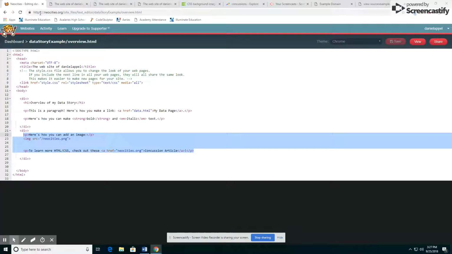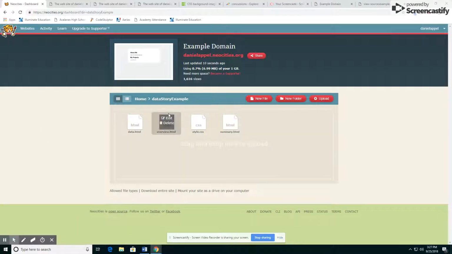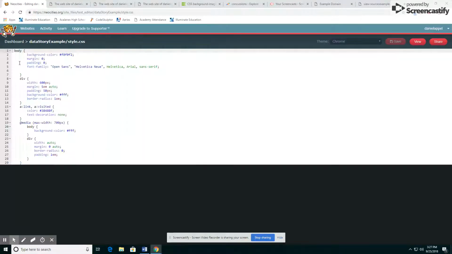Now if I want to change the color, I change that in my style sheet. There's lots of different ways, lots of different colors I can pick. If we go back and look at it, this is for the body, and everything will have this background color, and you can adjust that as much as you want. You can also adjust the font. And this is your div in terms of your padding and your margin. If you want less margin, let's say make this like a 2,